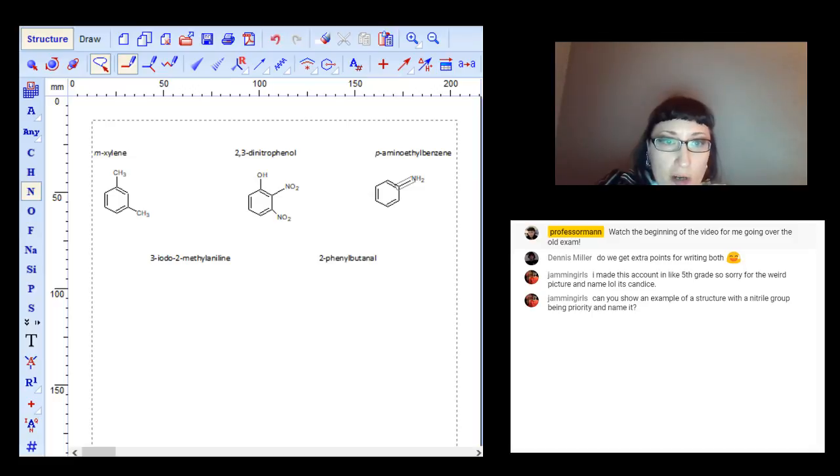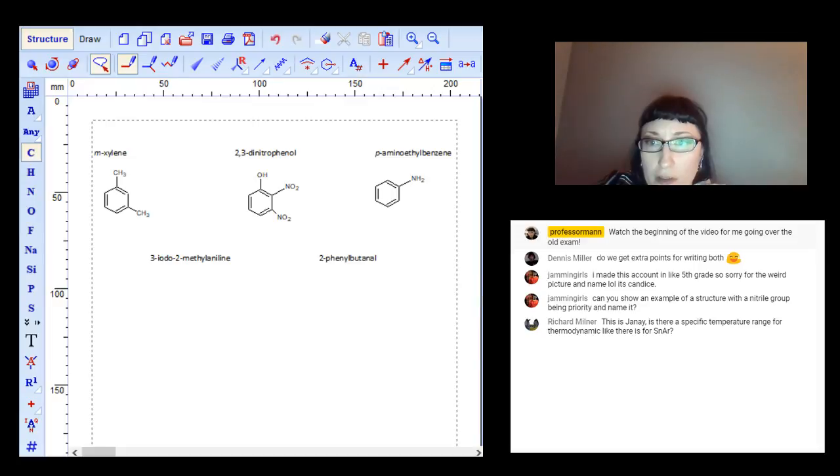So para-ethyl aniline. Then 2-methyl-3-iodo, and then 2-phenylbutyl. Now this is one that a lot of people have had questions on,